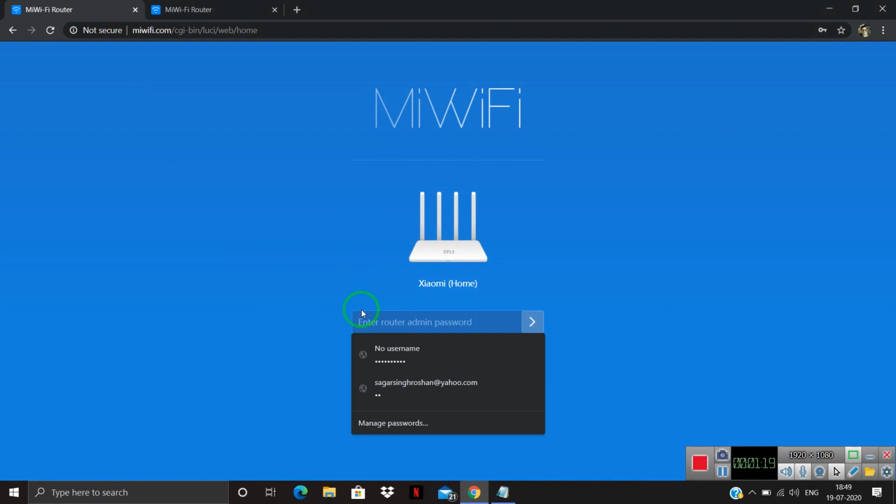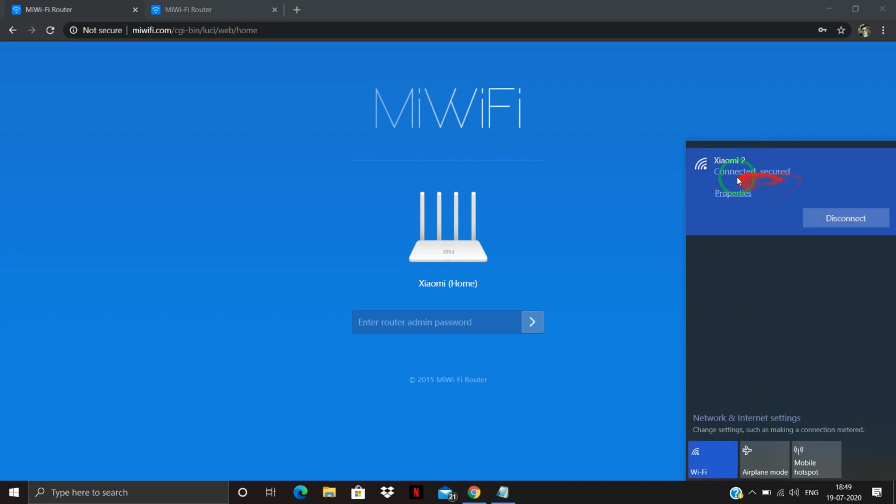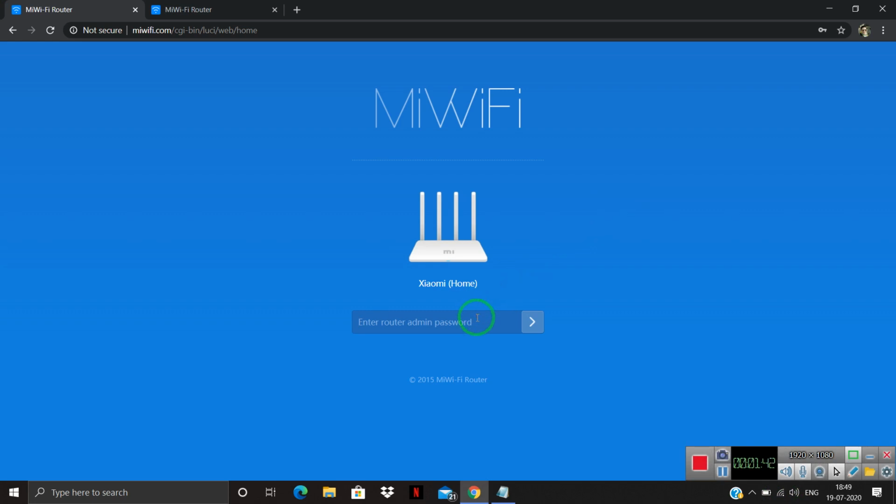You need to connect your Wi-Fi router with the RJ45 or connect your Wi-Fi to your laptop without an Ethernet cable, means wirelessly, and turn on your Wi-Fi router and just click on Wi-Fi and connect. Then create your password for your Wi-Fi router, and then next step, enter the email ID and password which is provided by your internet service provider, for example ACFAPNet. Okay, and after successfully configuring, you need to enter your admin password here.